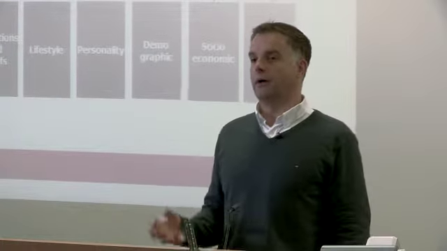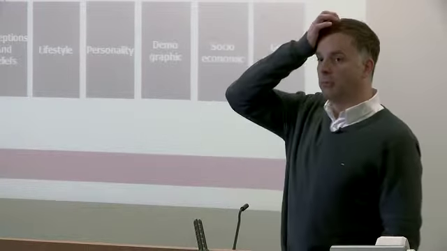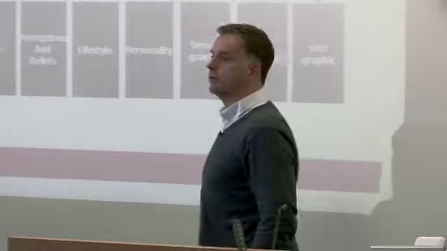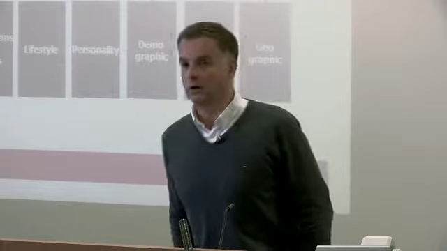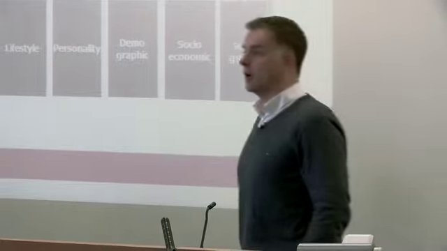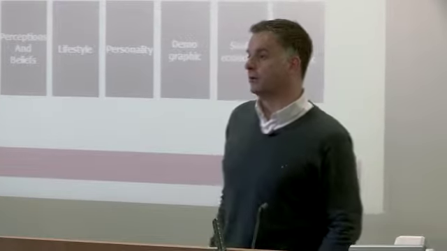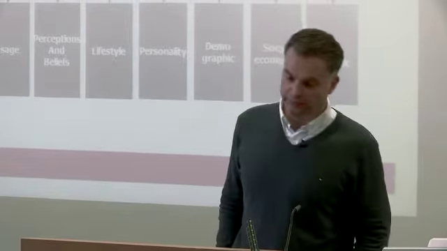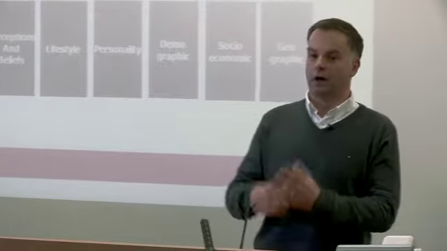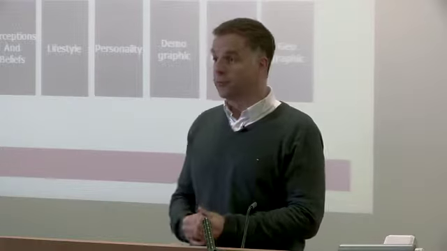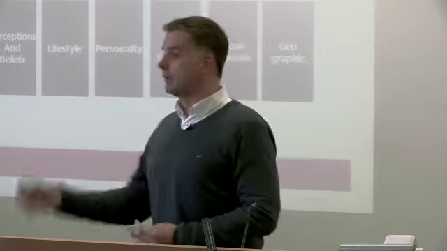Some of you may have heard acronyms like dinkies and skiers. They're commonly used terms in marketing. Skiers is spending kids' inheritance. So people like my parents, who are travelling the world, currently in Australia, spending my inheritance, which I'm rather upset about. 60-year-olds, 60 plus, that have a high level of disposable income. That's the key term: high level of disposable income, but they're going out and spending it.